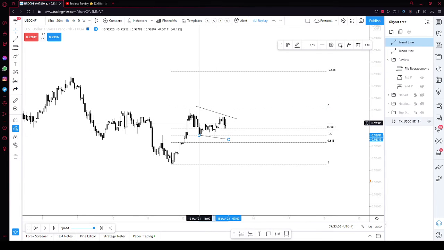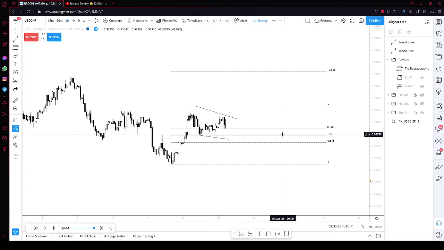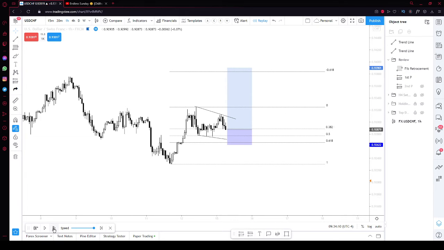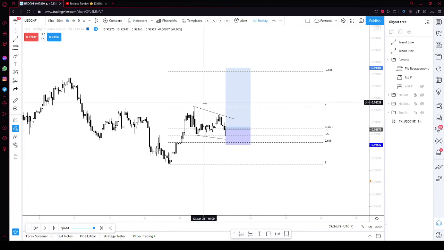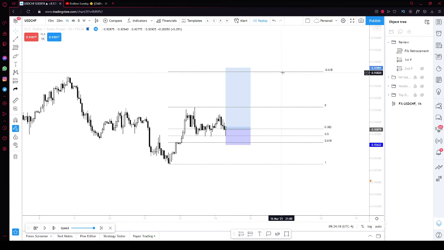So here I saw a bullish pattern potentially forming, and at this point I'm looking for price to scale down to my 50 Fibonacci level and then give me an entry signal. Now that actually did come, two bars later. At the signal I went ahead and entered, placed my stop loss, and was looking for price to scale up to 61.8.